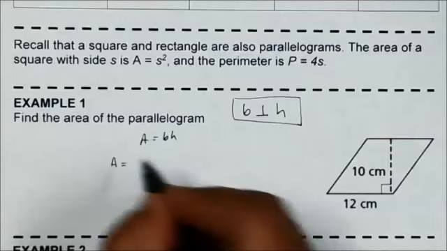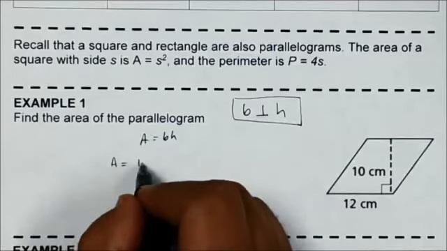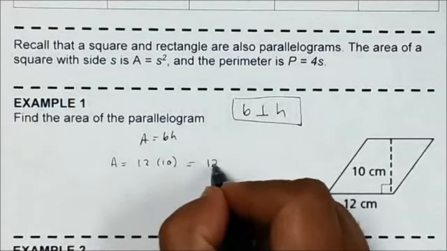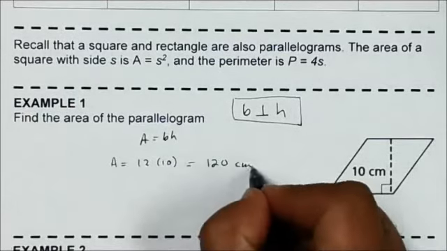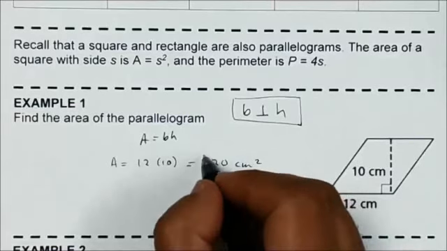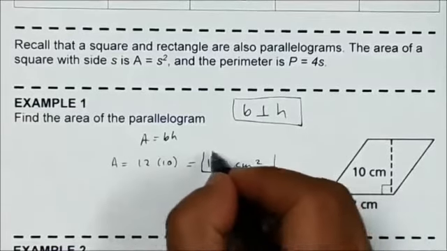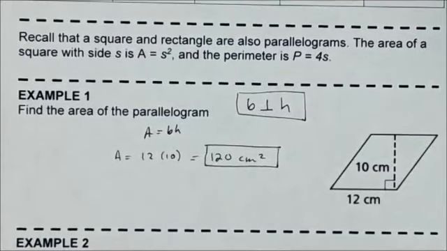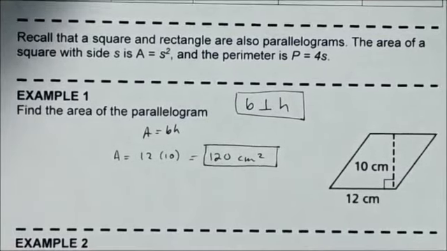So for this one, the area is going to be equal to the base of 12 and the height is 10. So that is going to give me 120 centimeters squared. Now it's going to be very important, and I will count off on this if you don't use your units. Anytime you have units, you must use them. All right, next example